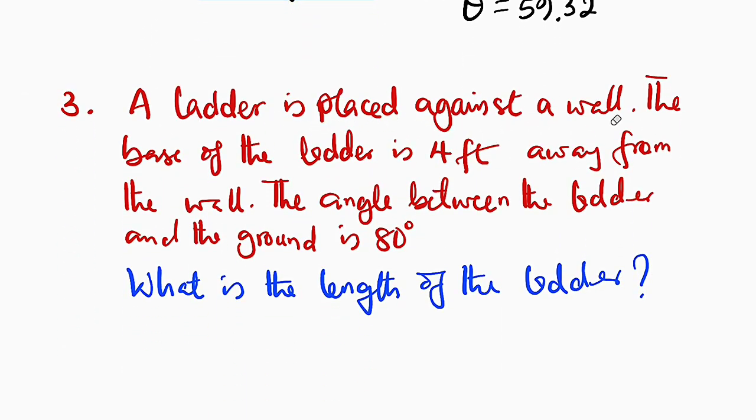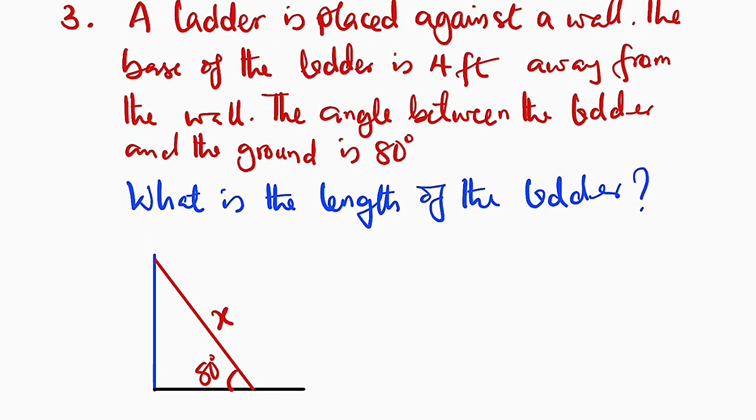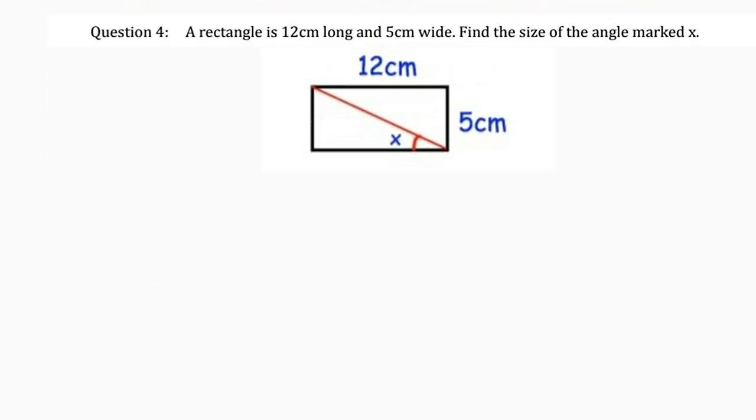A ladder is placed against a wall. The base of the ladder is 4 feet away from the wall. The angle between the ladder and the ground is 80 degrees. What is the length of the ladder? All right. This is a wall, right? This is the ground level, and we have our ladder right here. So what are we looking for? We are looking for the length of the ladder. Let me call it x. The angle between the ground and the ladder is 80 degrees. It is given. The base of the ladder, this is the base right here, to the wall is 4 feet. So this is 4